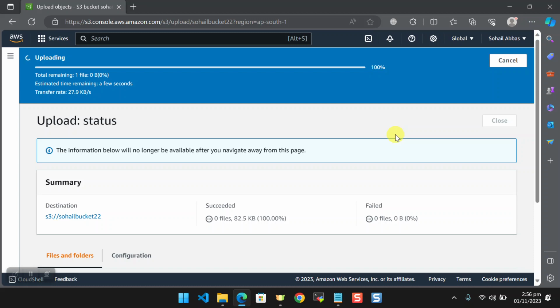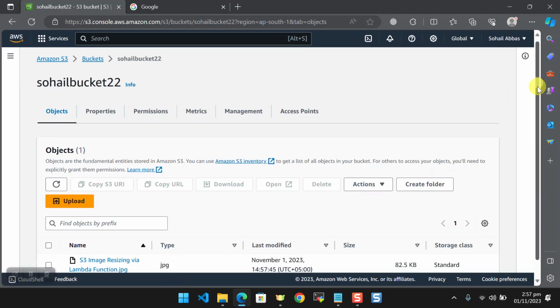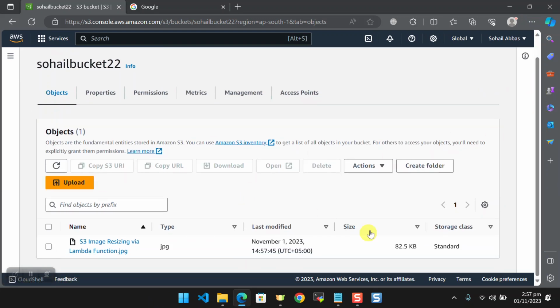It is being uploaded. So our object is uploaded. Now you have to close it. Just observe this tab. Have you seen any sort of versioning here? No. Now I am going to Properties,